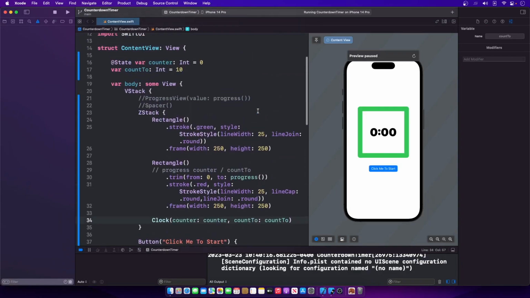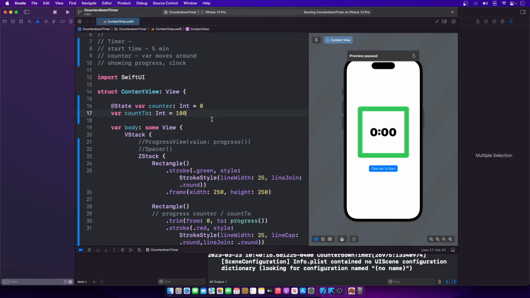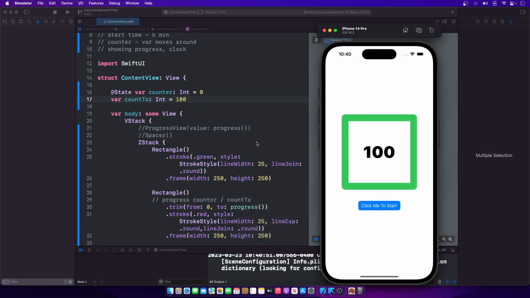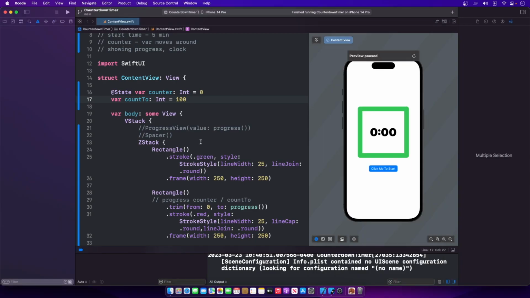Now, obviously, if you wanted to, you could do 100 seconds, and then when you run it, it would just say 100, and it would count down from 100, and maybe that's okay with you. Again, this is your app. You can do whatever you want with it. So it's totally up to you, but for me, I want to teach my kids the minutes, seconds concept. So let's go ahead and go back in here, and we're going to augment this